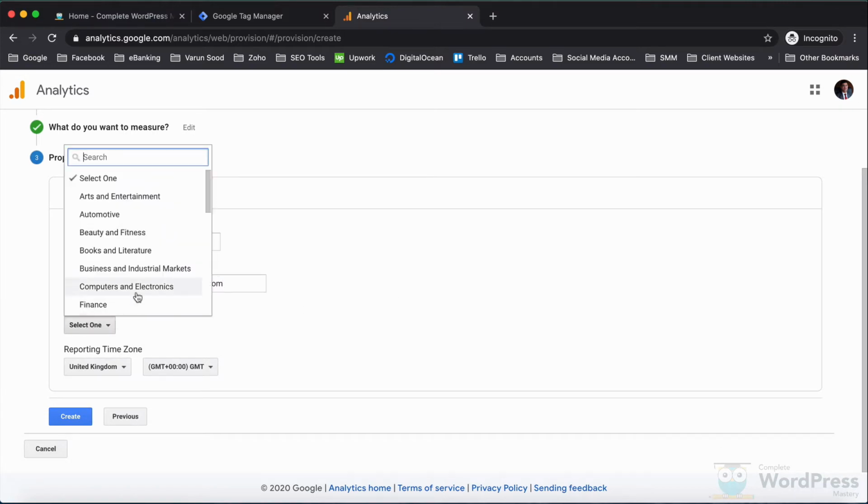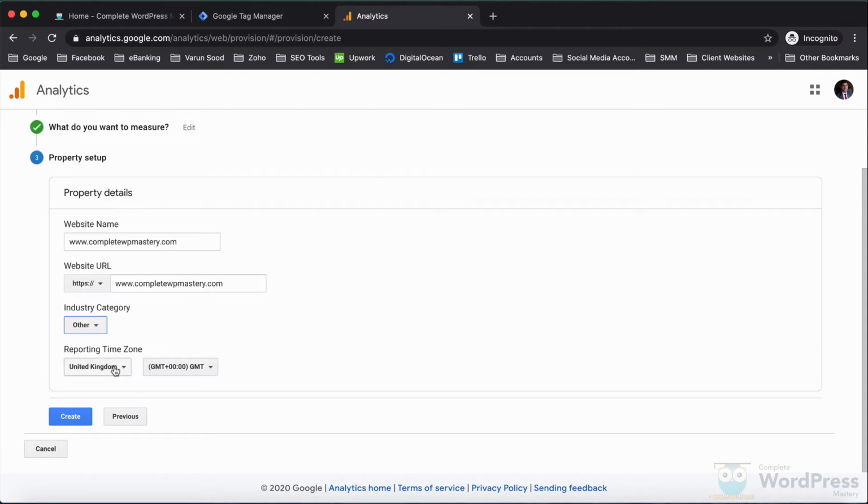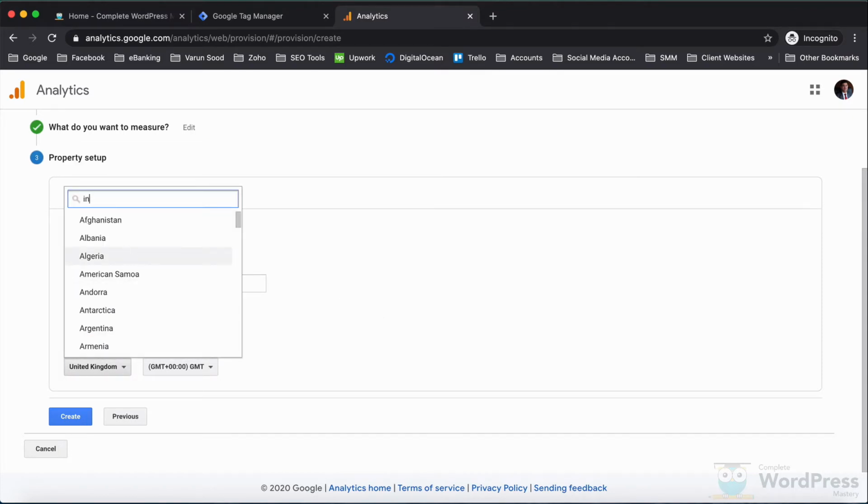Select an appropriate category for your website. And also select a reporting time zone.